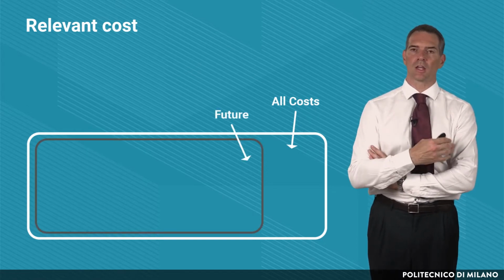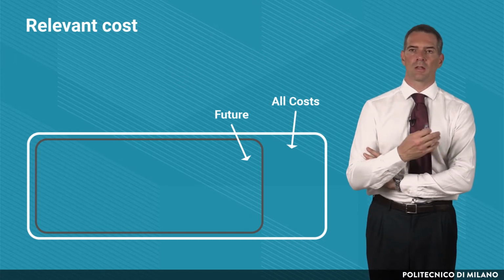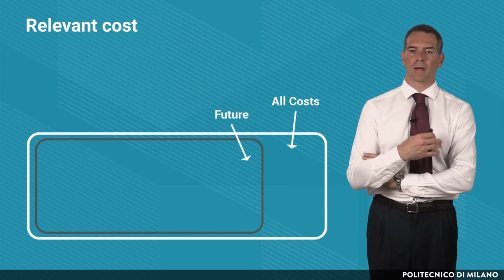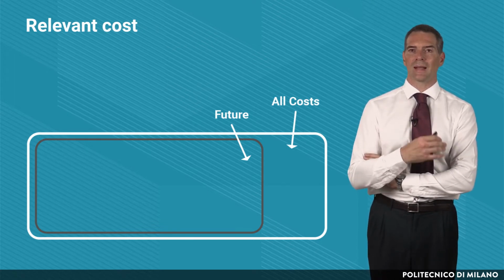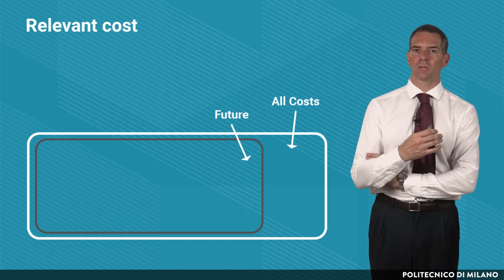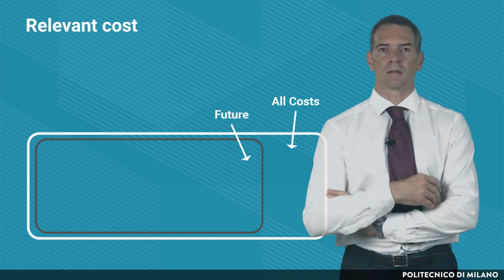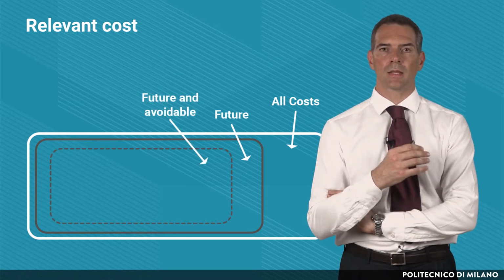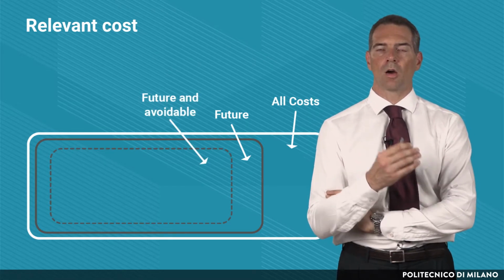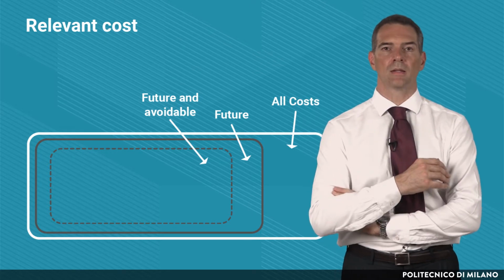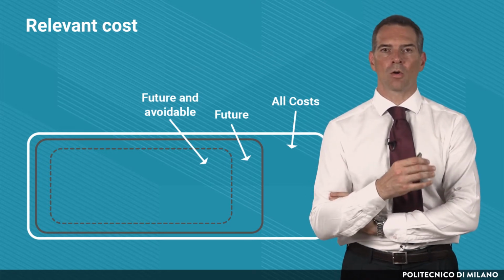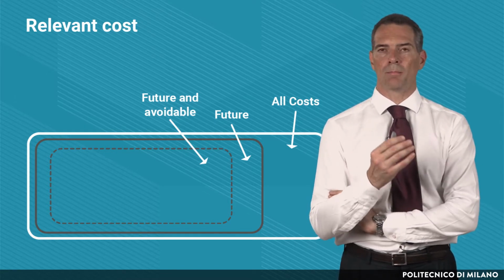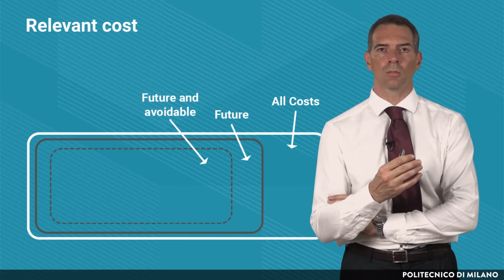That is, the related cash flow should not be positioned in the past. For instance, the cost related to the purchasing of the production plant is usually a sunk cost and therefore should not be considered as a relevant one. The second criterion is that the cost should be avoidable. That is, the related cash flow should be strictly depending on the decisions we are making. For instance, the CEO wage is not probably depending on our decision about increasing or decreasing production volume, therefore it